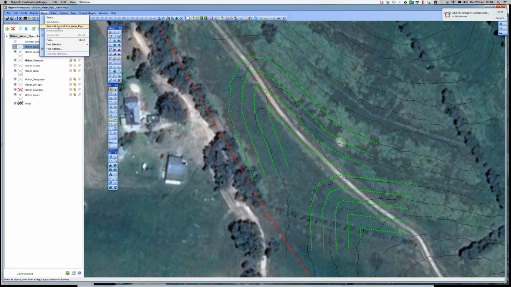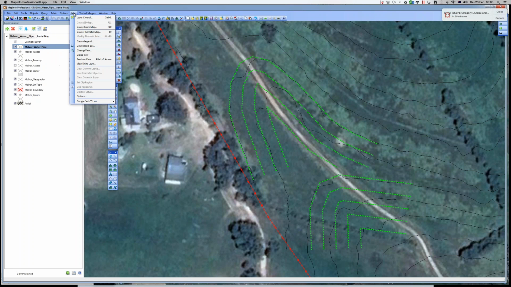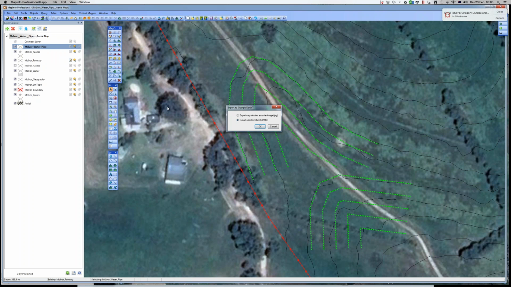So you can see here that whatever is at the top of the layer table is able to be selected all. So what you do for this Google Earth export, if I want to export all of the water pipelines, for example, is move that up to the top of the tree here, select all, right? Just keep it at that, and then go to Map, and go to Google Earth link, and then export to Google Earth. Now, you can either export it as a raster image, in which case it'll become